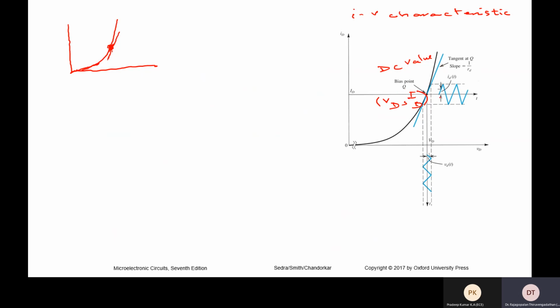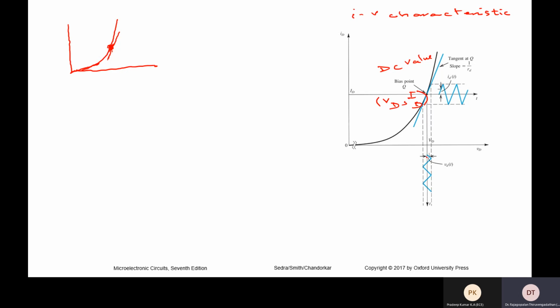Now, what is very important here for you to understand is there is a superimposed small signal, in this case triangular. As I told you, it can be anything. So don't get me wrong on why only a triangle is drawn. It is not always a triangle. It can be a square waveform too. It depends on the nature of the small signal, or the nature of your input source. If the input source that you use has some kind of a square wave.